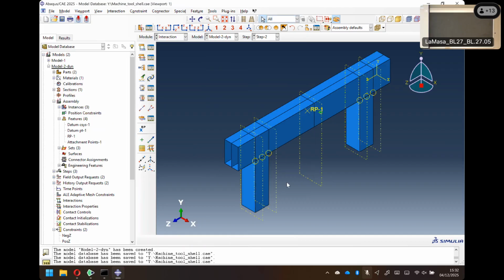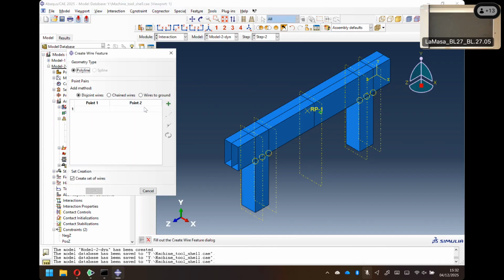Now, with that green plus, I have told Abaqus this is something interesting that I'm going to use later to attach something. How to connect that point to the reference point that we created? We have to use something that is very similar to the sections, which are the connectors. So first we have to create with this command a wire between the point we just created and reference point 1. If I do this, create wire,